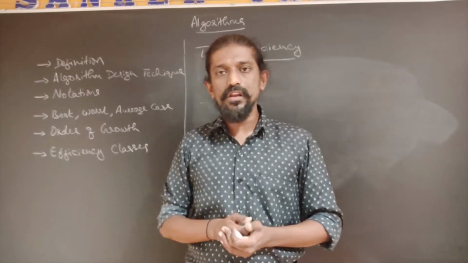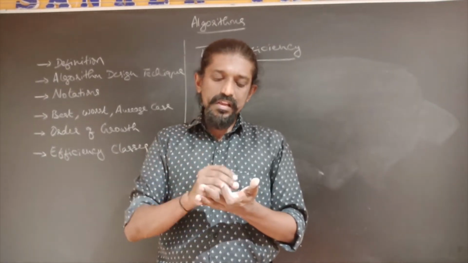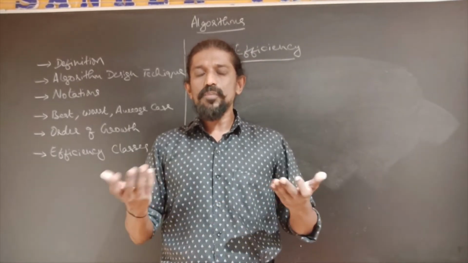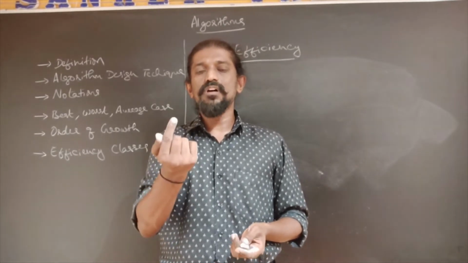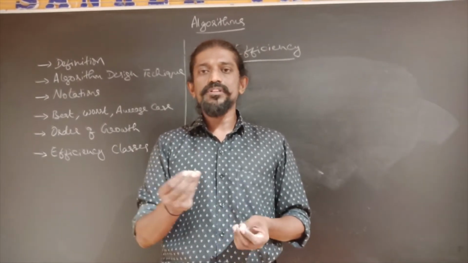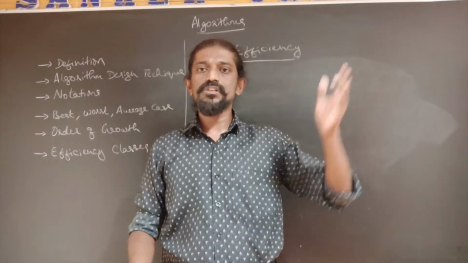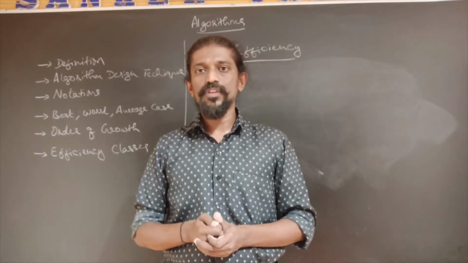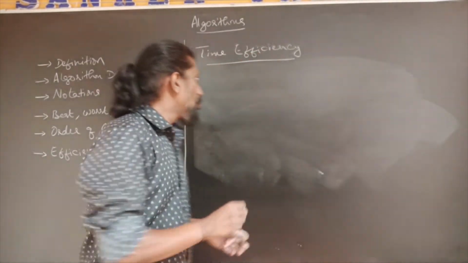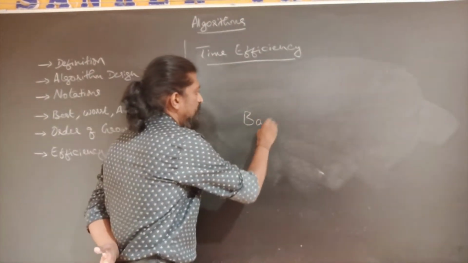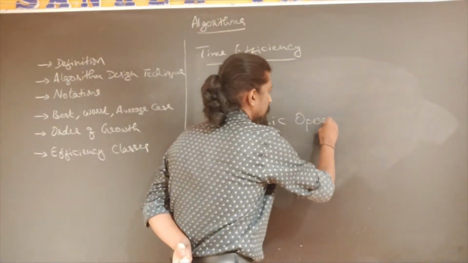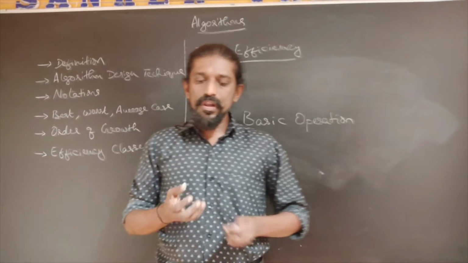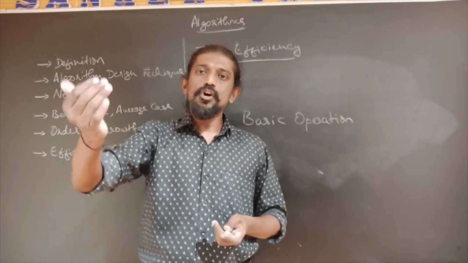But if we look at it very closely, sometimes accounting for each and every small instruction present in an algorithm may be a very tedious task, and the second important thing is it may not be necessary also. An assignment done only once, or some addition operation done once in an algorithm consisting of hundreds of instructions, is not necessary for us to count. So what we do is we identify one operation called the basic operation, which is an instruction that incrementally takes us towards the solution.